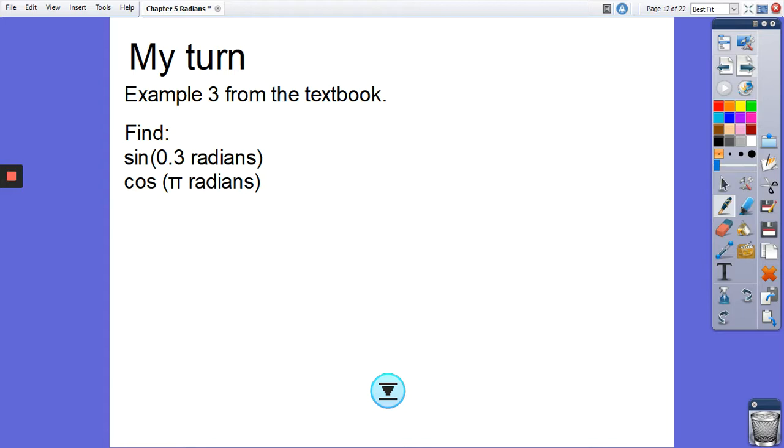You've taken it off degrees. You should get a little r up in the top corner. And if you've got that little r, then if you type in sine of 0.3 into your calculator, you get something that is